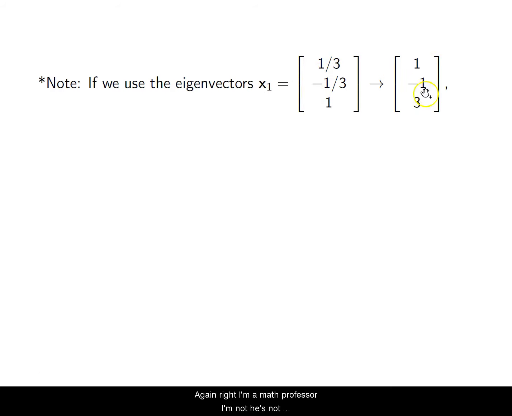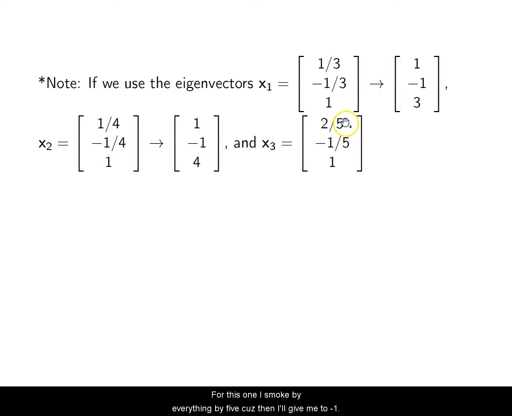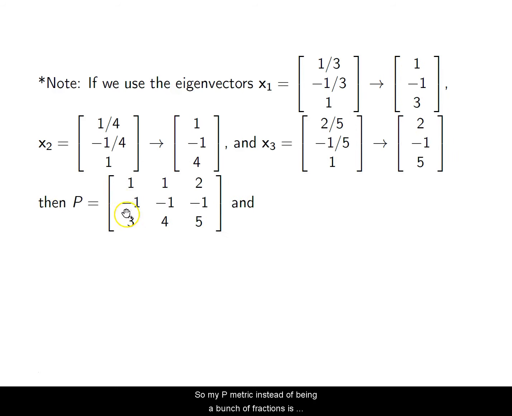Again, I'm a math professor. It's not going to throw me off. I'll be able to tell if it's equivalent or not, but you should be able to do the same thing. Okay, so here we would multiply everything by 4, so I get this matrix, and for this one I should multiply everything by 5, because then that'll give me 2, negative 1, and 5. Okay, so we're just going to use the scalar multiples of these eigenvectors so that they're whole numbers, right? So my P matrix, instead of being a bunch of fractions, is full of whole numbers,